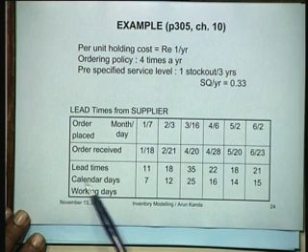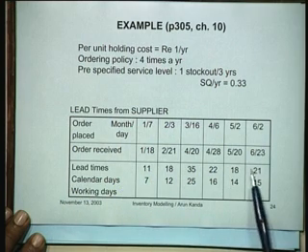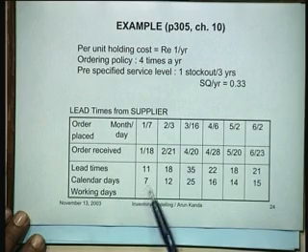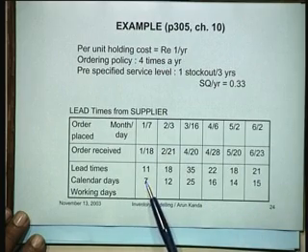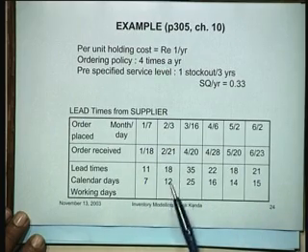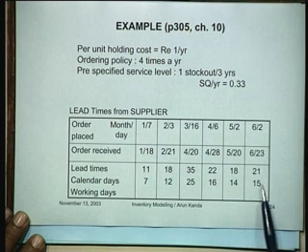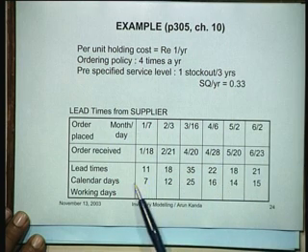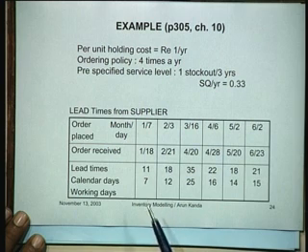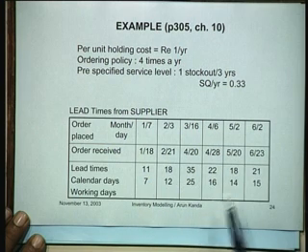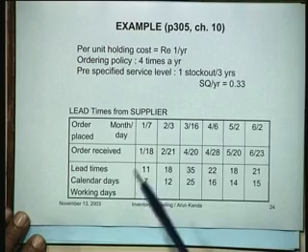However, if you want the calendar days and want to remove the so called holidays from here, then the number of calendar days for the lead time are 7, 12, 25, 16, 14 and 15. So in terms of the number of working days, you have this. This defines for you the distribution of the lead time, the actual distribution of the lead time, right?